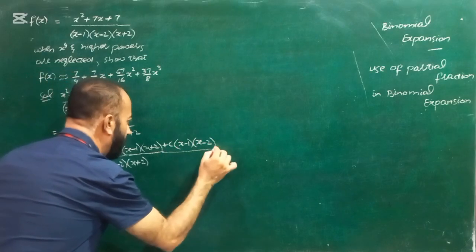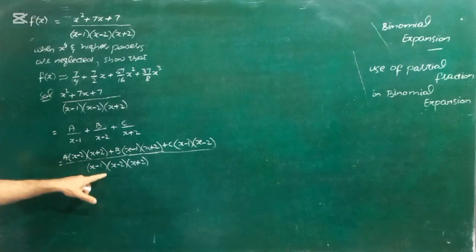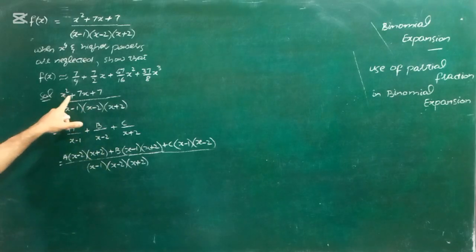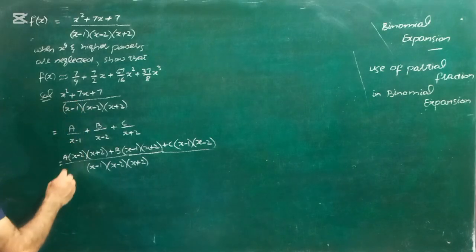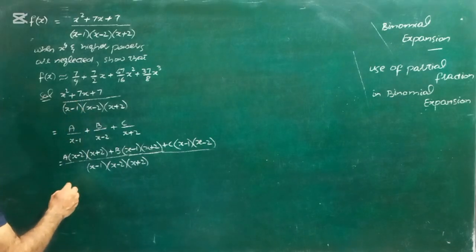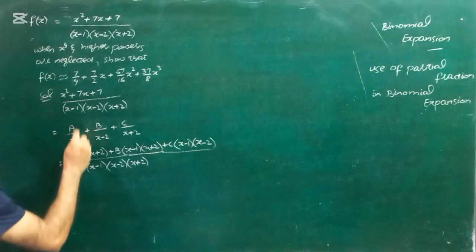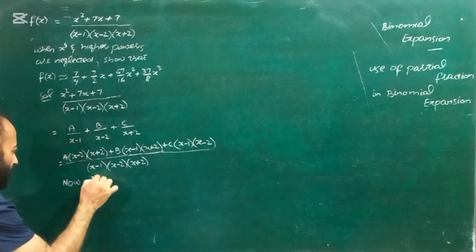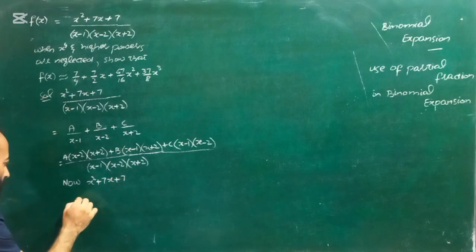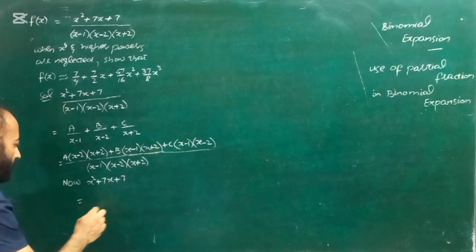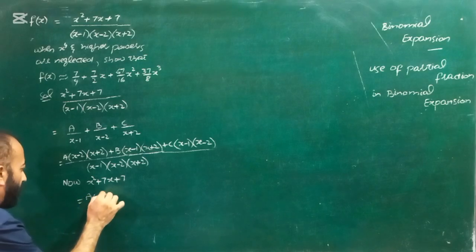So this was this step. Okay, the denominator from both sides will be cancelled. So on the left hand side, this thing will be left: x square plus 7x plus 7 will be equal to this full factor, a into x minus 2 into x plus 2, that will become x